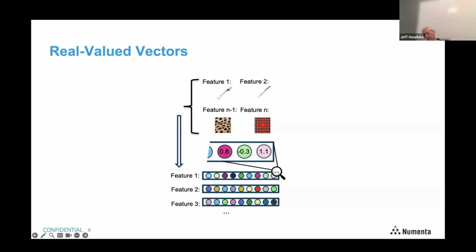Go ahead, Niels. Okay, I was just going to say that I feel like that's where hierarchy is really important. It basically depends on who's receiving the information. If two different systems are receiving two totally different inputs, I don't think it really matters whether the SDRs were the exact same or not. They're not going to know that there's some commonality between them. Whereas in general, you can imagine that at some level the same system is receiving the